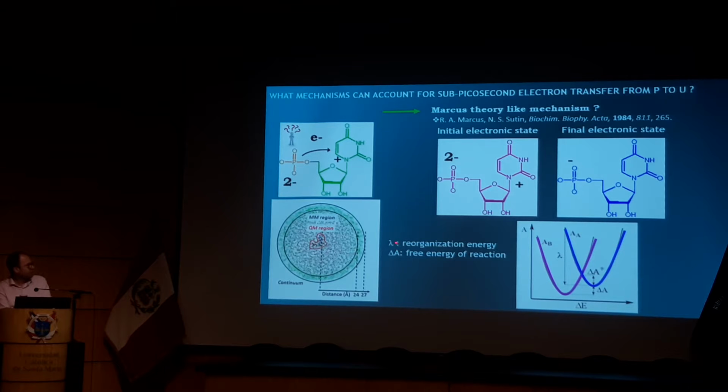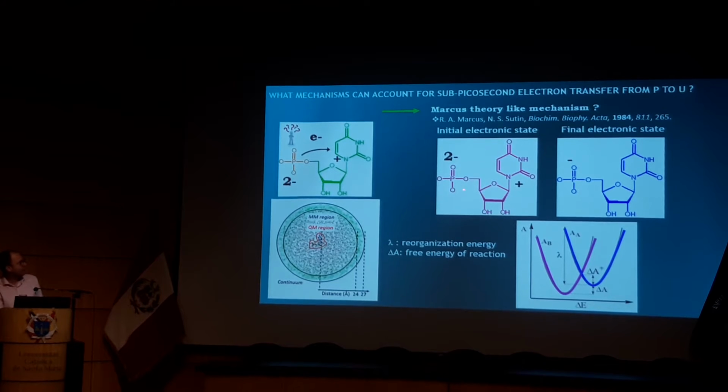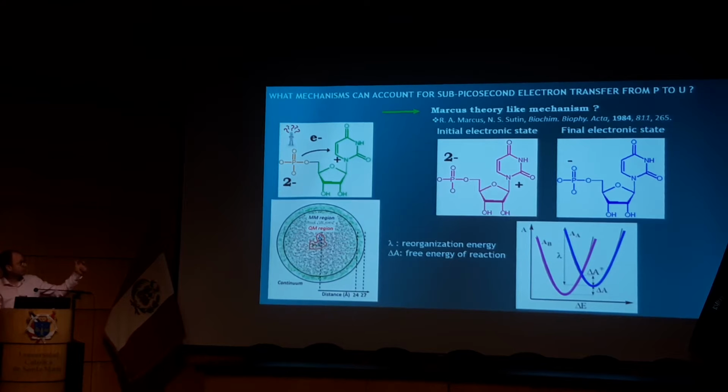and another quantity which is called the reorganization energy, which is here, which is basically associated to the energy, or the work, you have to bring to the system to deform it from the equilibrium structure corresponding to the initial state to the equilibrium structure corresponding to the final state. So this is really sketchy. I will come back to this later, but of course, because we have different charge distribution, the equilibrium geometry will be different.